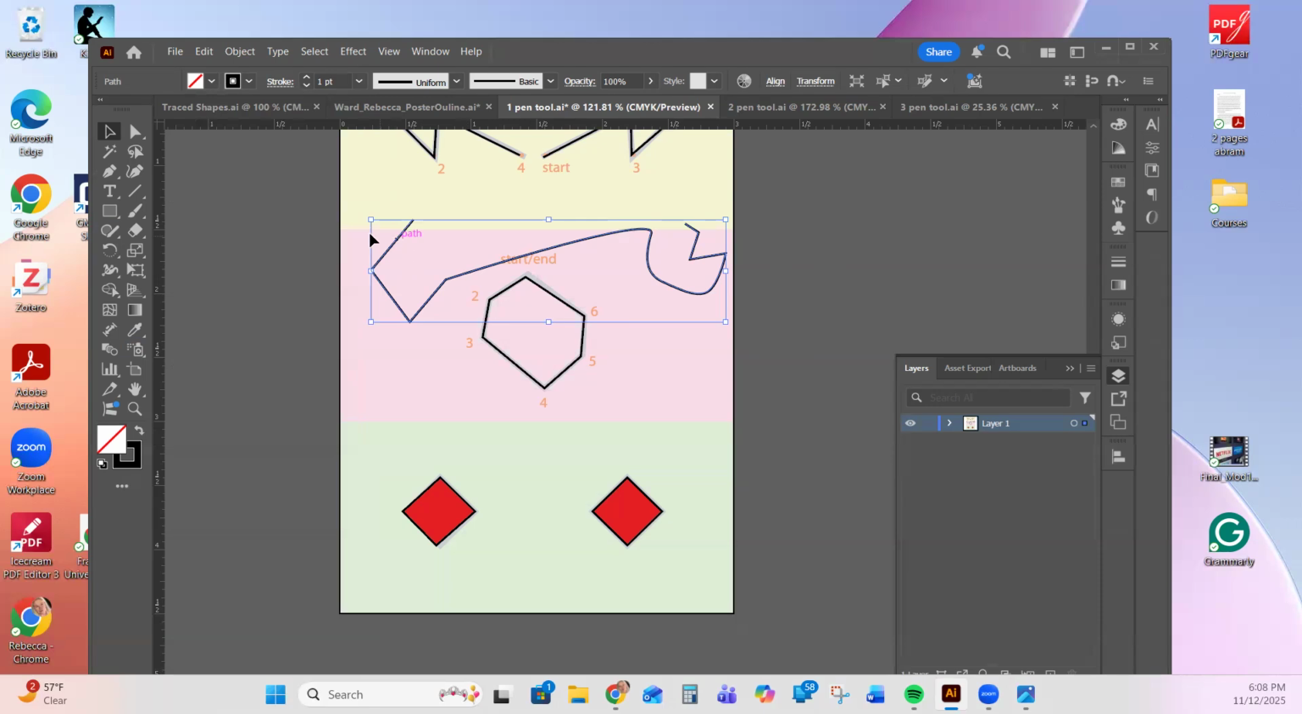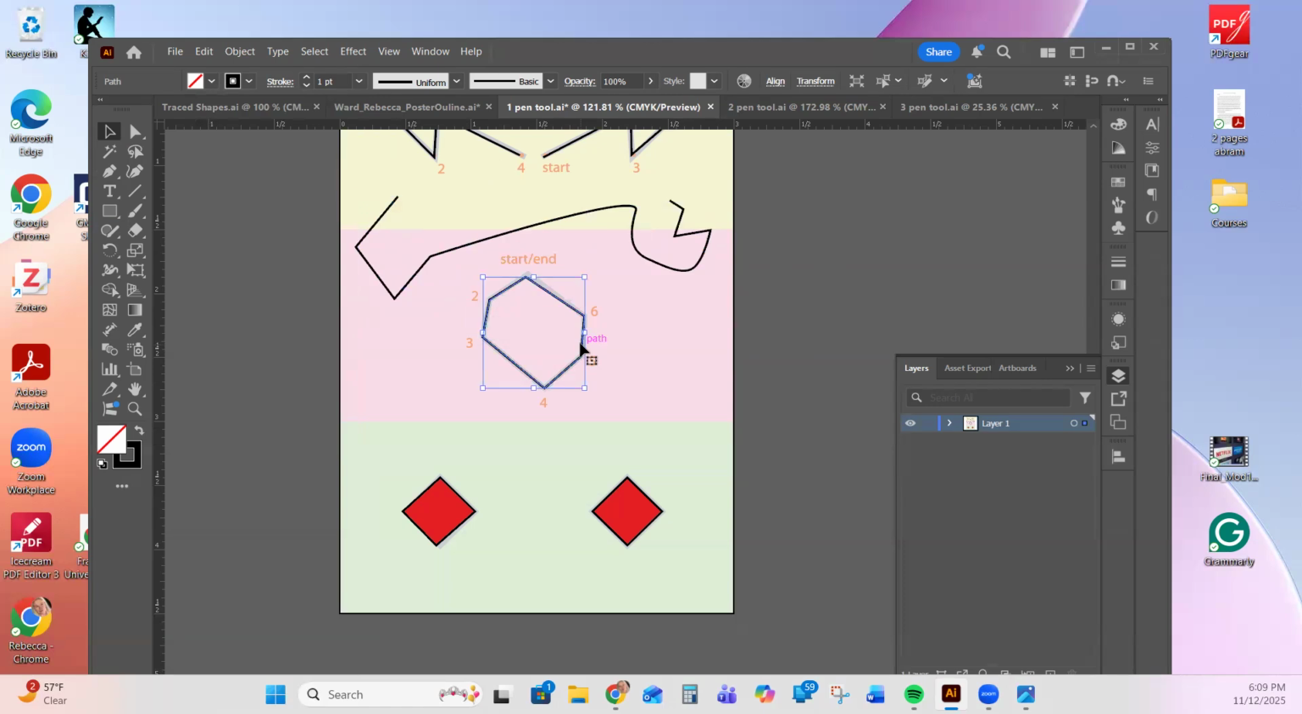Okay. What I do want you to notice is that when you're on the selection tool on this particular path, the bounding box is all the way around it. On this path, you'll notice the bounding box is around this one. On this one, you'll notice the bounding box. And this is important because